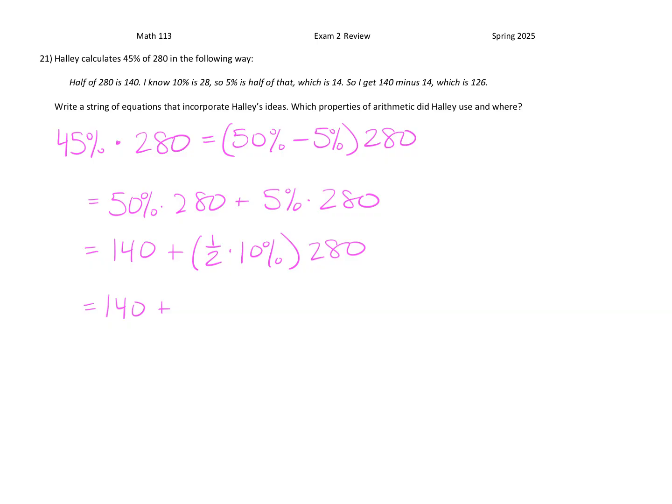And then I can use the associative property to take 10% of 280. So this is going to be half of 10% of 280. So this is 140 minus half of 28, which is 140 minus 14,